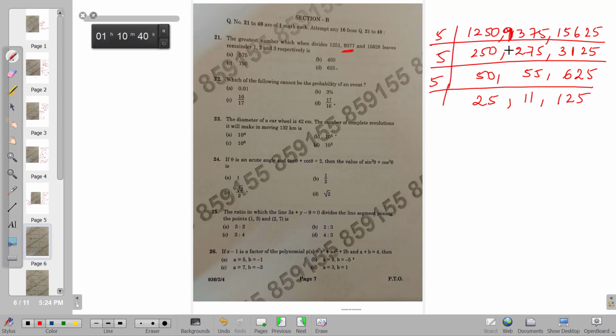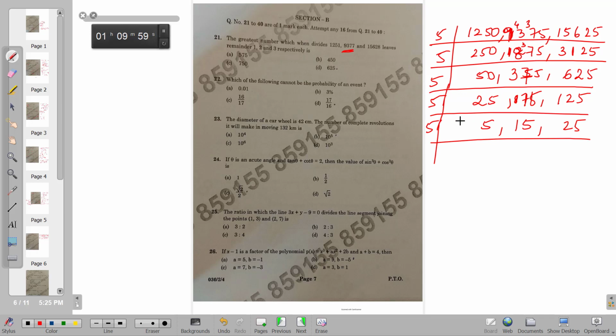So if I took 5 common out here, this would have been 1, 4 as remainder, 8, 3 over here, and then yes, 7 and 5. Okay, then 5 over here, I would have got 3, and this would have given me 15, 16, 3 as remainder, 75, 375 there. Now I could have done this as 5 times 75, right? This would be 75. All right. That was 5 times 75. Okay. So now we do 5 times. This is 5, 15 and 25. I'll be able to take a 5 common out again.